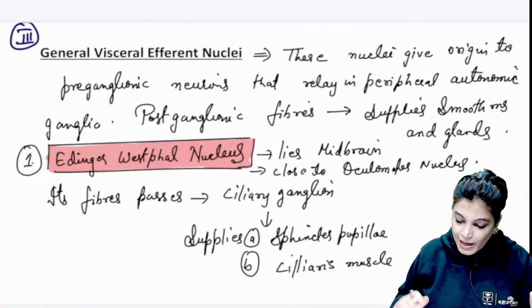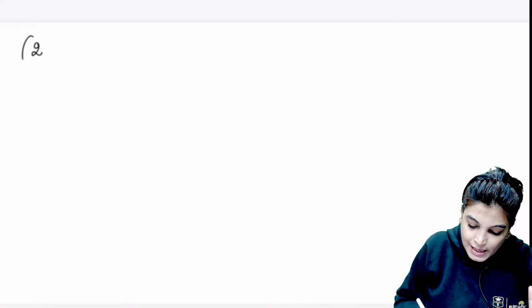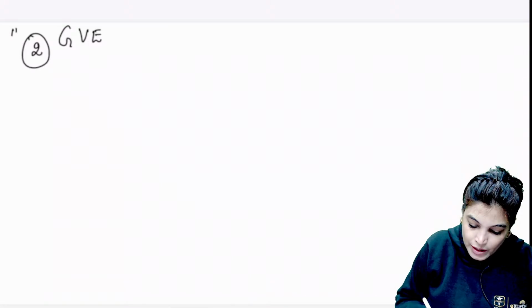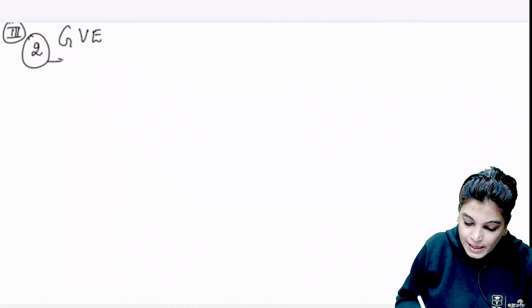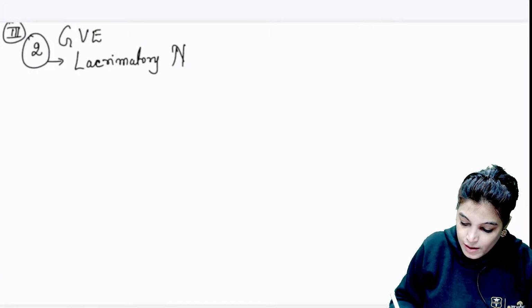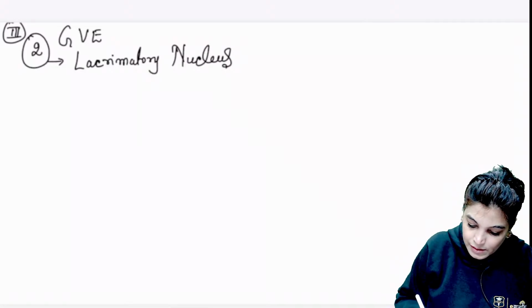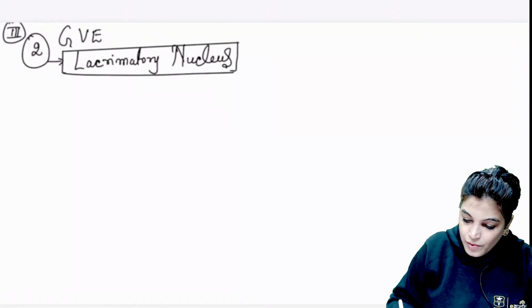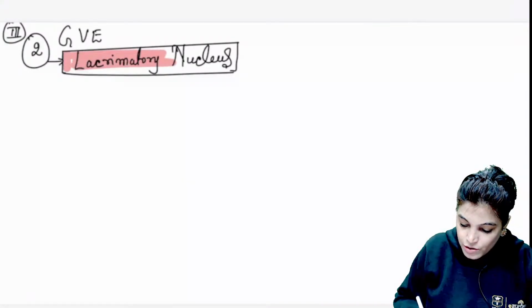Now the second. So we have done with this. Now talking about the second general visceral efferent, I am continuing with the general visceral efferent, and the second nucleus in this category is lacrimatory nucleus. So when I am talking about the lacrimatory nucleus,